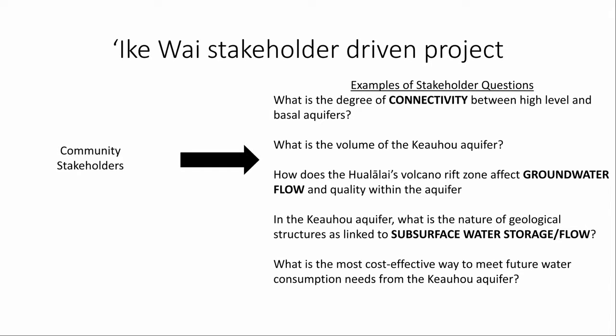As you look at these questions, and then I try to overlay what I know about microbiology, there are some questions here that I know microbes can't answer. I think microbes are incredible, but I know for a fact that we probably can't find a microbe that can answer the question of what the volume of the Keho aquifer is, right? It's just not something microbes can do. I think they can do a lot of things, but there are some of these questions we can't work on alone, but that leads us to